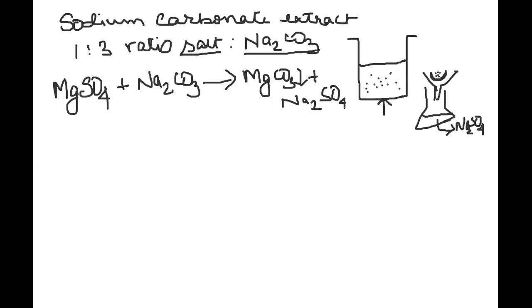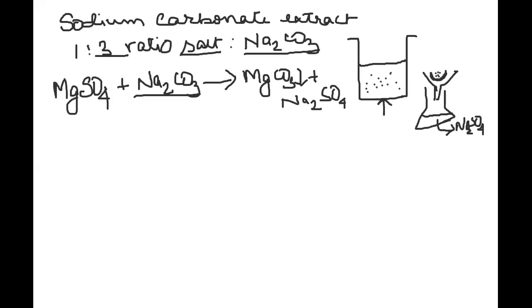Now also, since you have taken sodium carbonate in a good ratio of 1:3, that means some sodium carbonate is also present in the filtrate, and thereby it is making the solution a little alkaline. Therefore, for the filtrate, it is necessary that you acidify it with a suitable acid and then proceed for the anion test. Now, why I'm telling this, I'm coming to what happens with the sodium carbonate mixture that you get.